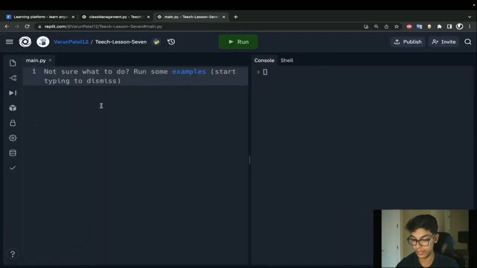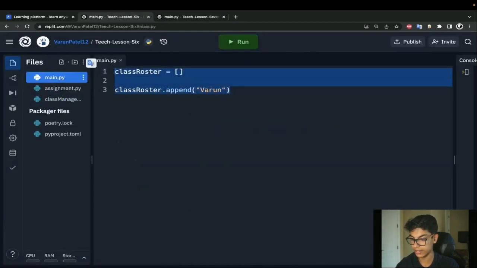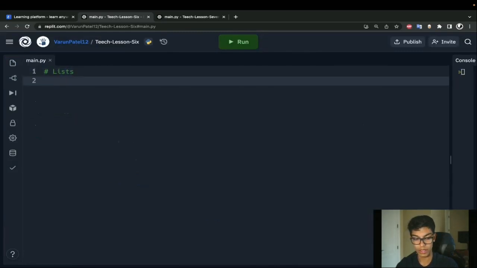Lesson 6 mainly talked about, actually, let me come to the lesson 6 repo here. Lesson 6 focused on things called lists. A list is sort of like a data container. So what does this mean? So far we've worked with strings, integers, floats, and booleans, and we know those are called data types. From the name data container, we can infer that a list is some way to contain different data types or multiple items of the same data type.